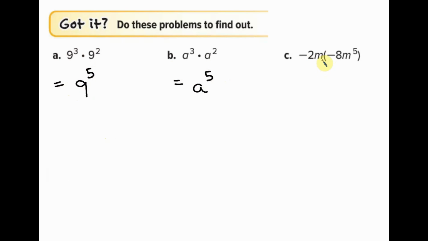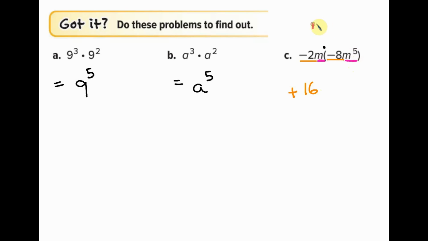Part C looks slightly different because now they are having parentheses. In this case, the parentheses is showing you that you need to multiply. If this is confusing you, try to separate them. So do -2 times -8 first, where negative times negative becomes positive, and then you will have 2 times 8 is 16. When it comes to the power, in here you have m with m to the 5th